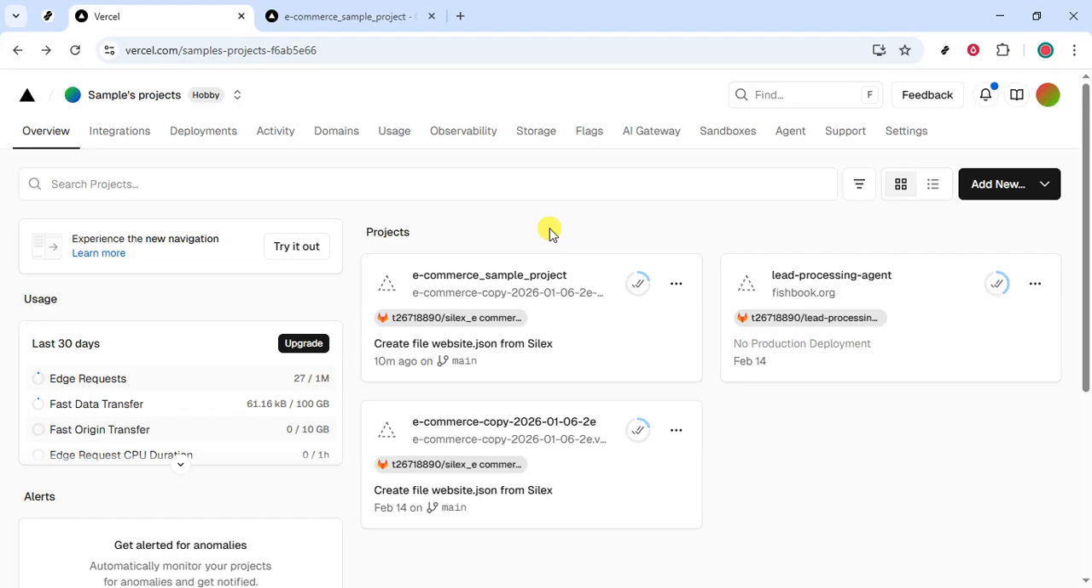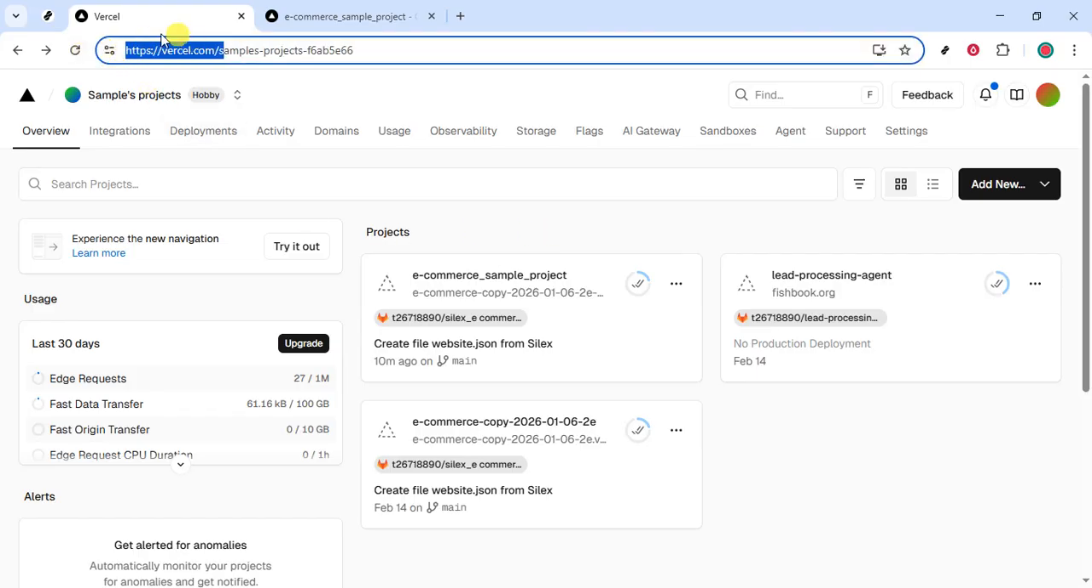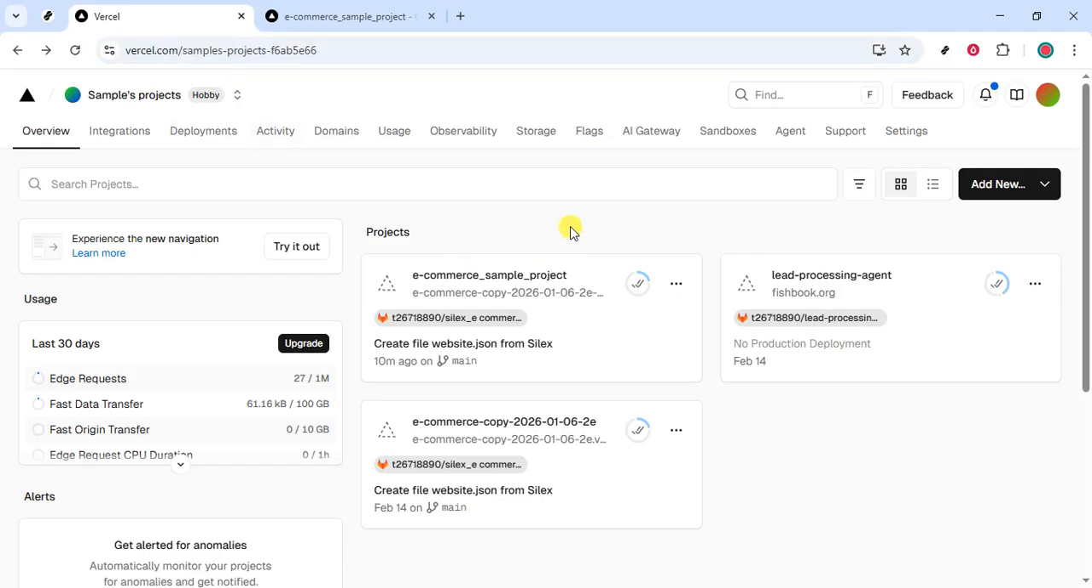Start by heading to vercel.com and opening your dashboard. Make sure you're signed in and looking at the list of your projects. Find the project you want to update,